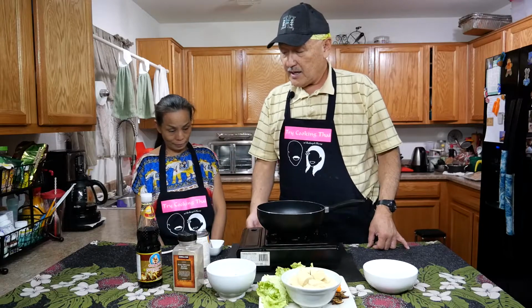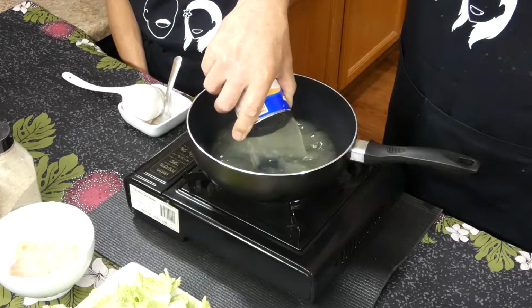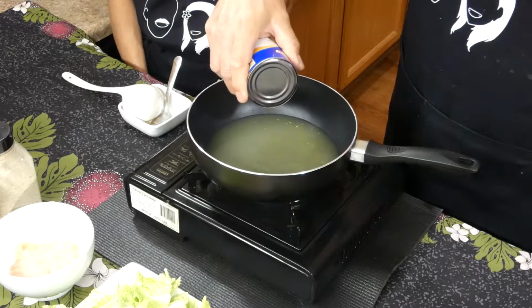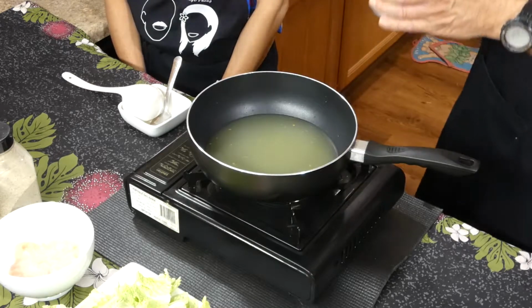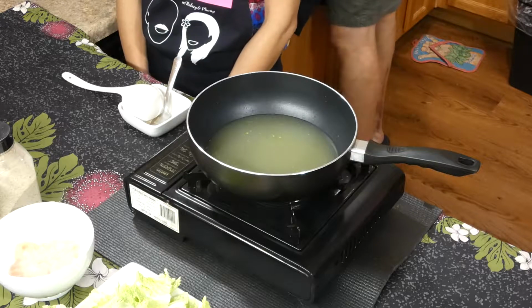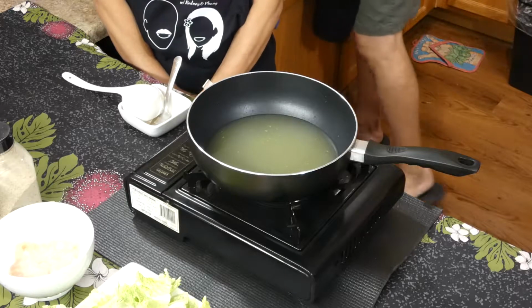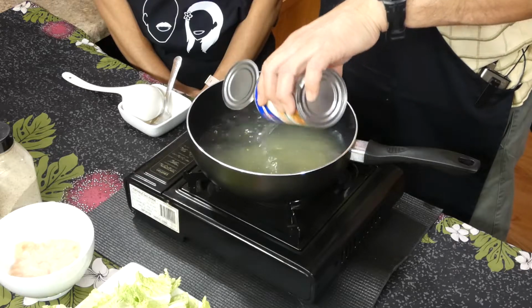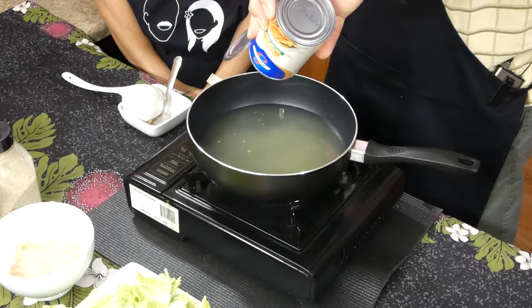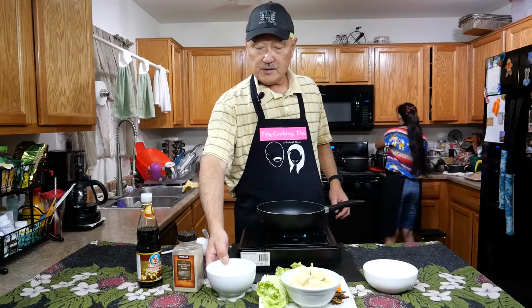So here we go. We got a can of low sodium chicken broth, and to add to that, we're going to add a can of water. So one can of chicken broth, one can of water, and we can watch the water boil. While we're waiting for it to boil, what we're going to do is